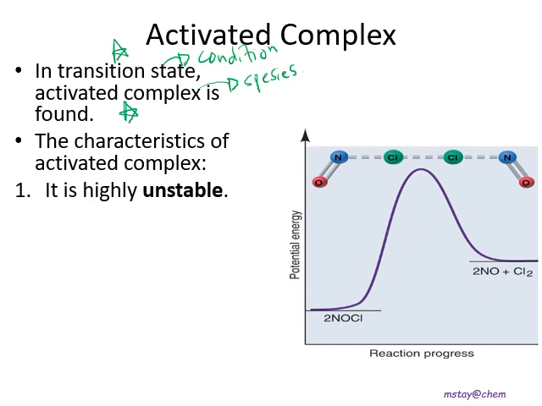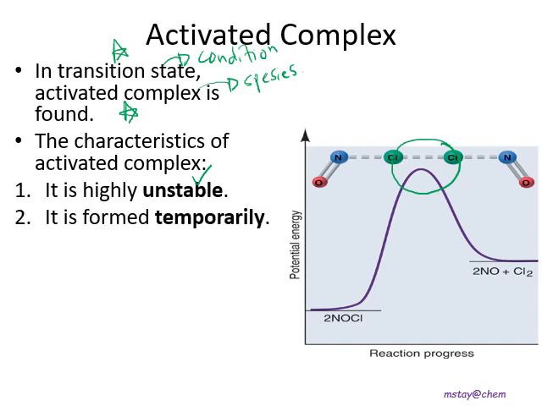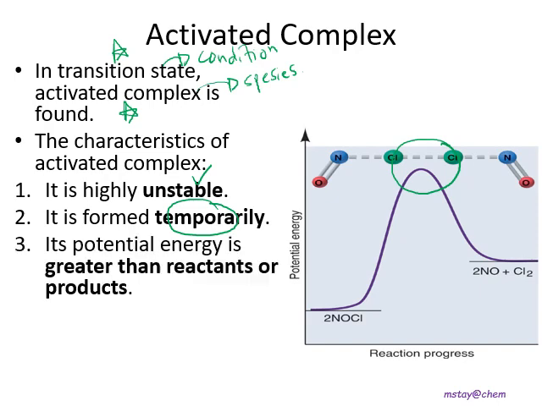Generally, it is very highly unstable because it possesses the highest potential energy based on the energy profile diagram. Second, it is only temporary because the activated complex will either return back as reactants or form the new products. Based on this energy profile diagram again, we will notice that the activated complex always has greater potential energy